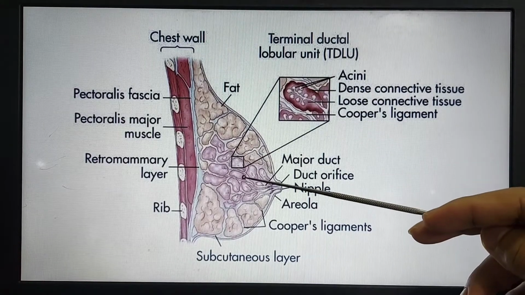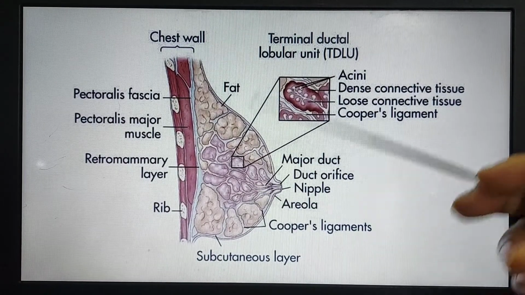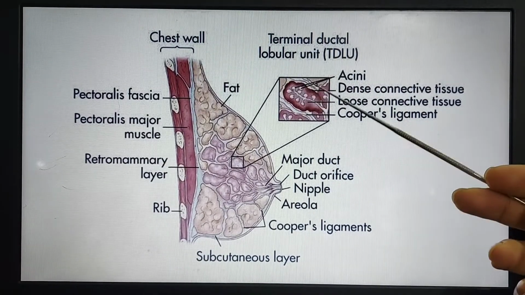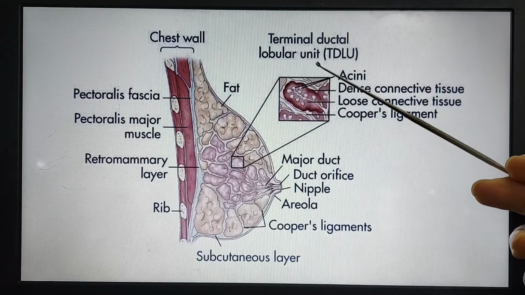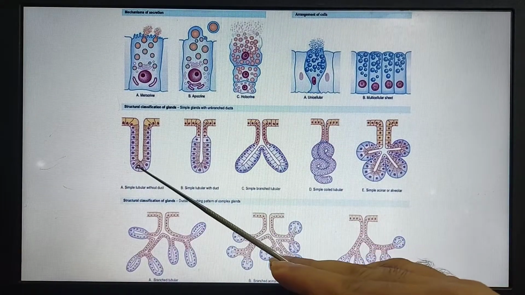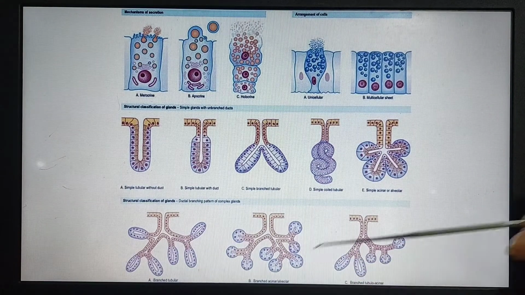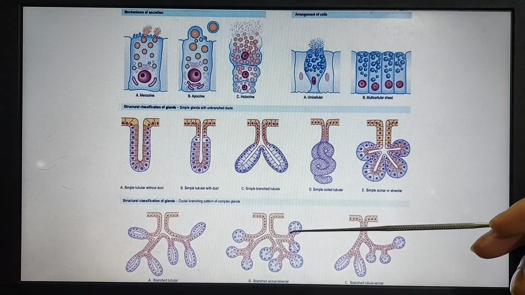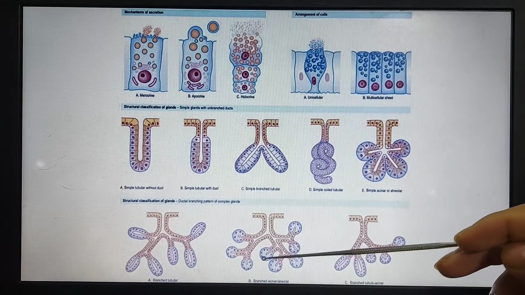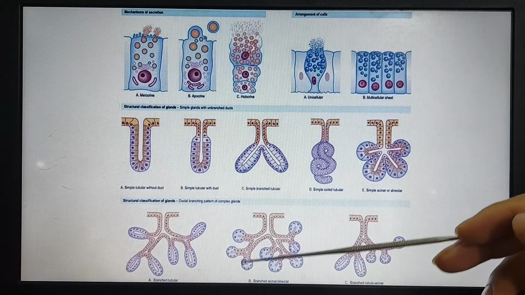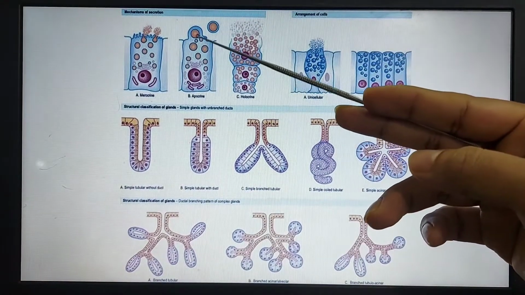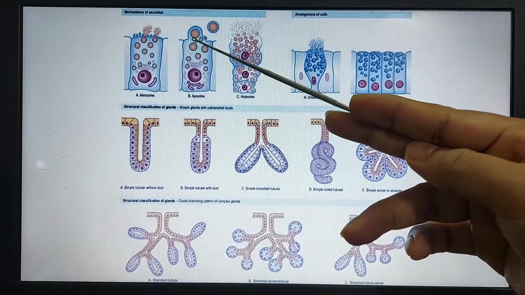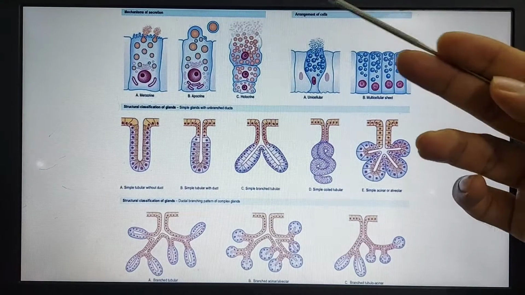The breast is a modified sweat gland, and we know these are exocrine glands. If we look at the structure of exocrine glands, there are different types of glands. Among these, the breast is this form of gland. This is the acinar gland, and it is a compound gland. So the breast is a compound acinar gland. According to its secretory nature, it is apocrine in nature, that is, the apical part of the secretory cells is secreted within the secretion.